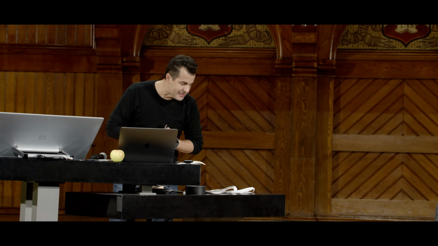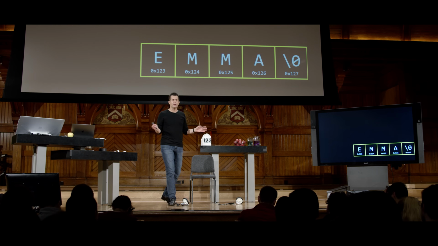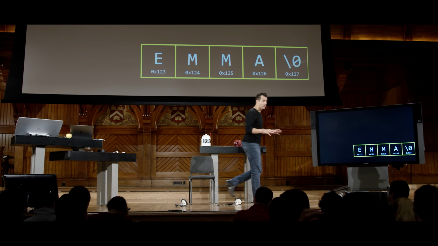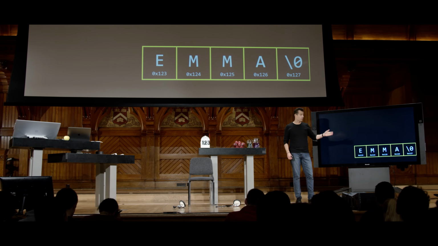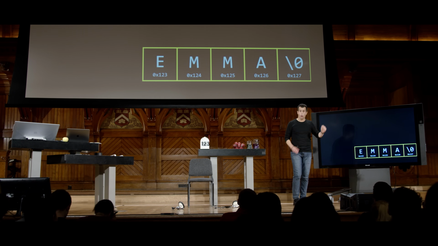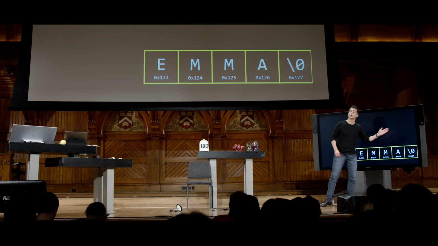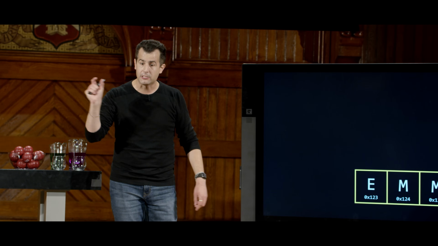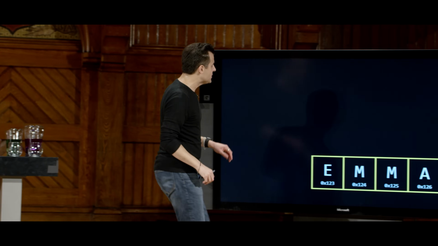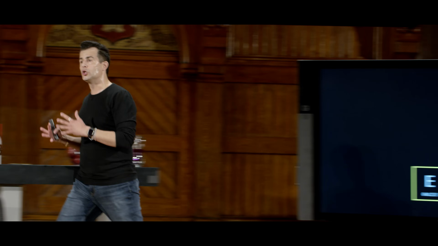But of course, it's the case, especially per today's revelation, that really all of those bytes have their own addresses, right? We're not going to care after this week what those addresses are, but they certainly exist. For instance, E might be at 0x123, M might be at 0x124, 1 byte away, 0x125, 0x126, 0x127. They're deliberately 1 byte away because remember, a string is defined by characters back to back to back. So let's say, for the sake of discussion, that Emma's name in memory happens to start at 0x123.